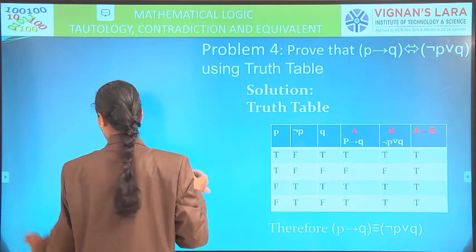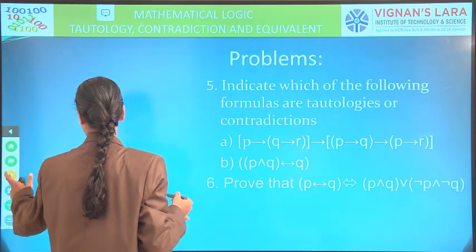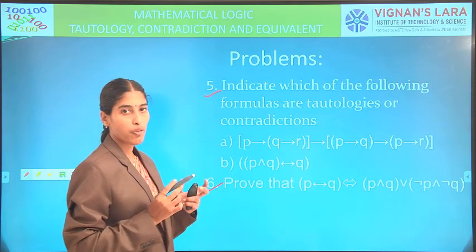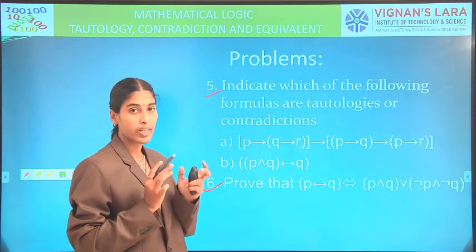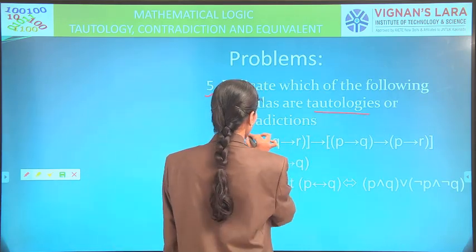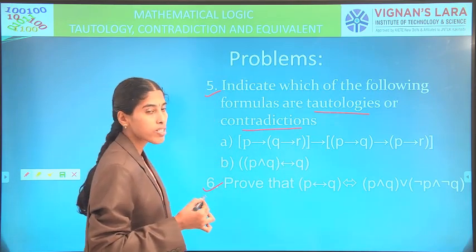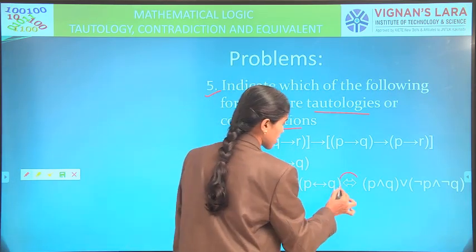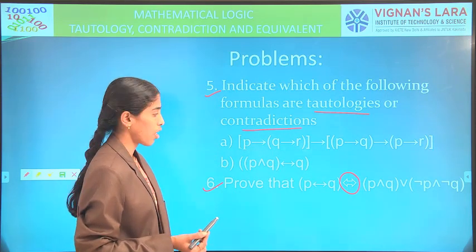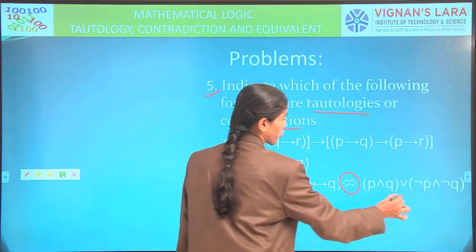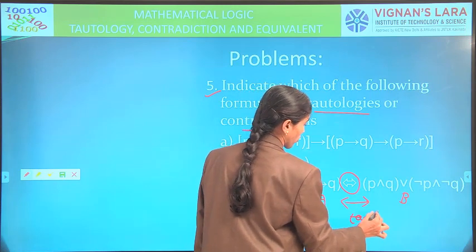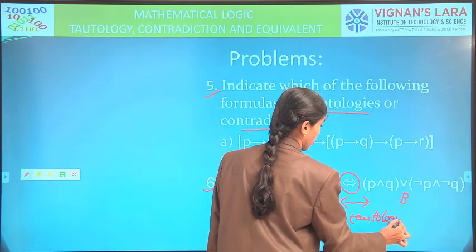So these two problems are exercise problems for the students. You practice these two problems. Before constructing the truth tables, first we need to check how many variables are there. In the first one we need to check whether the given propositions are tautologies or contradictions. In the second one, this symbol indicates whether the two propositions are logically equivalent or not. Take one as A, the other one as B. Prove that A biconditional B is a tautology. Right?